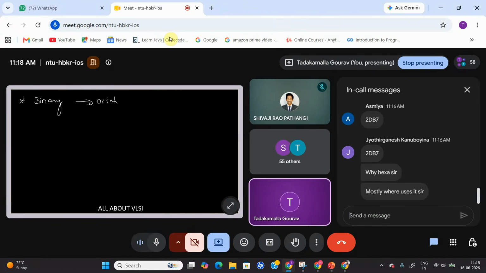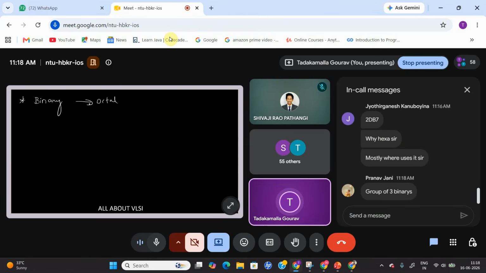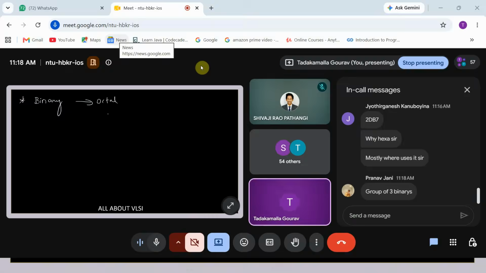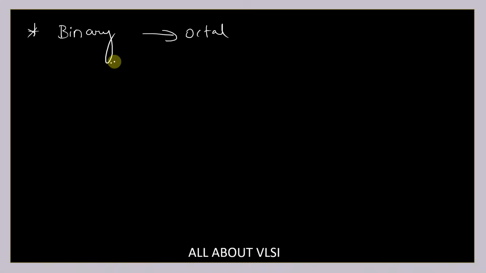If I want to convert a number from binary to, let's say, octal, how do I convert it? In this session, I'm just trying to revisit all the theory needed for the problems we are going to do from tomorrow. So this is just a kind of revision. Yes, we are going to perform grouping of three. We convert a binary number into an octal number. For example, if I have 0, 1, 1, 0, 1,